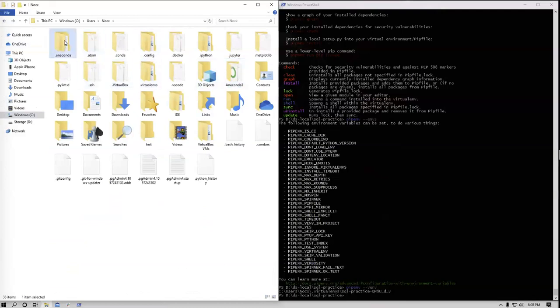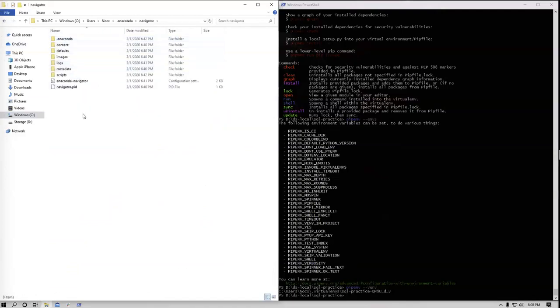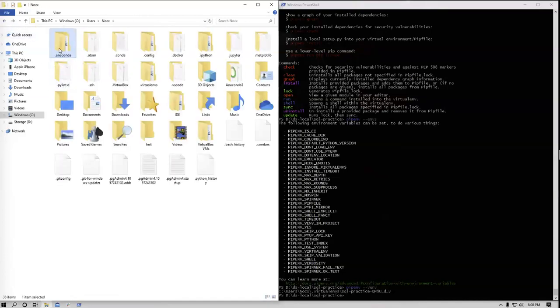But if I look at Anaconda over here, I have this navigator and it's got some weird stuff. Yeah, I'll never be touching this. Right? This is just a storage place for files that Anaconda is going to use. Okay. That being said,